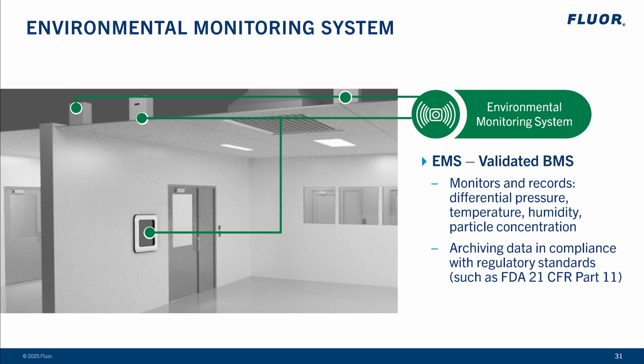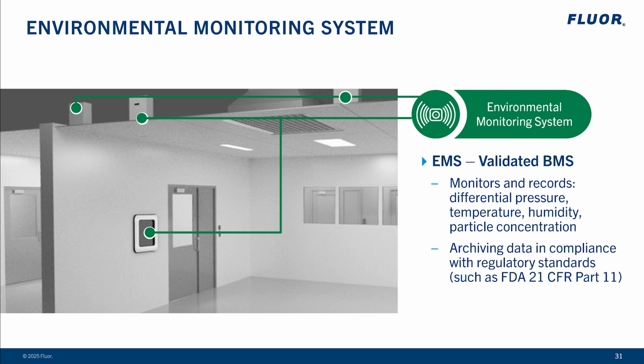All records are securely archived to ensure traceability and audit readiness. The requirements for monitored parameters, including target values as well as guidelines for warning and alarms, are defined in the User Requirement Specification, URS. This ensures that the EMS operates in full alignment with the expected environmental conditions and compliance